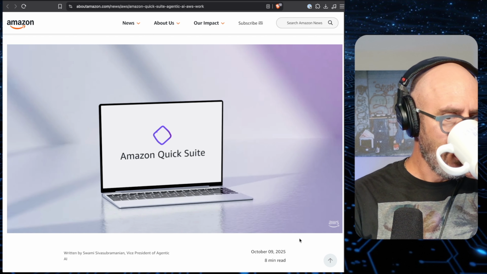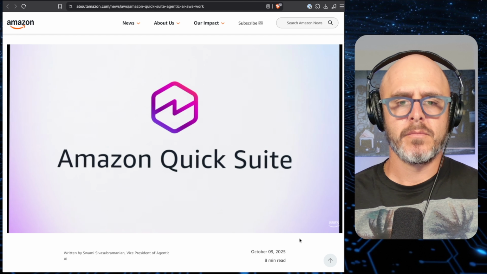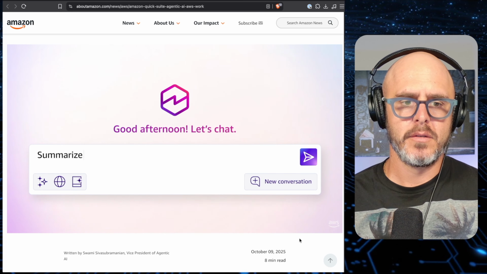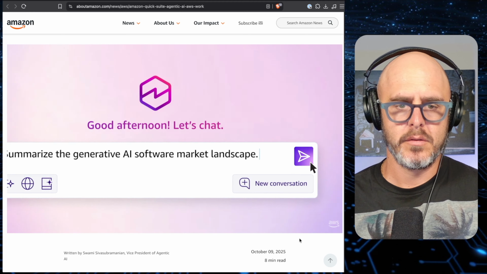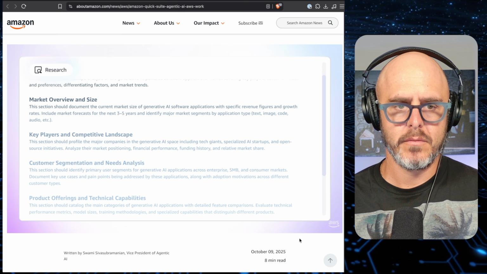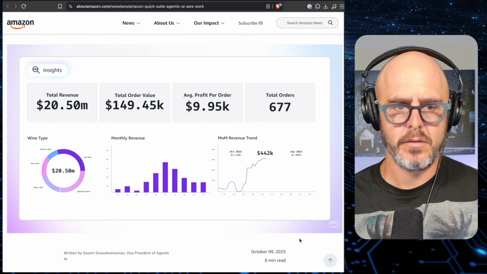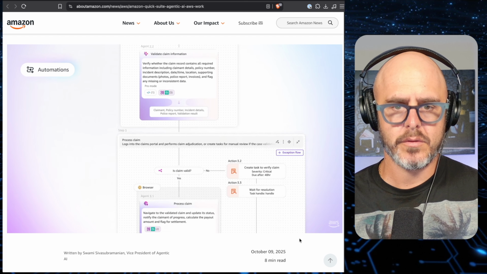Introducing Amazon Quick Suite, a revolutionary solution that transforms how you work by helping you focus your time on tasks that offer the most value. Amazon Quick Suite empowers every business user to make better decisions faster and take action immediately. By unifying AI agents for in-depth research, business insights, and automation,